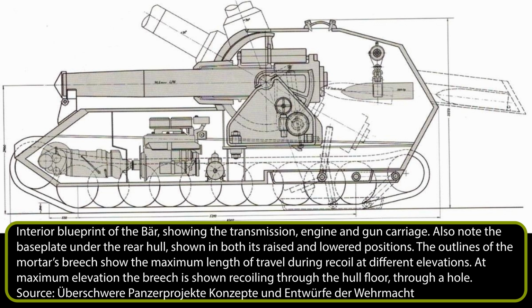The rear of the object appears to be a wall the same thickness as the armor on the rear of the casemate, suggesting the object slid inwards into the vehicle much like a drawer, so that the rear was flush with the armor. If that was the case, it is not known if this drawer action was done specifically to move the shells into the vehicle where they were then moved by the internal winch, or if the tray stayed in place during loading, and the shells were manually pushed in from the outside, or were pulled in by some